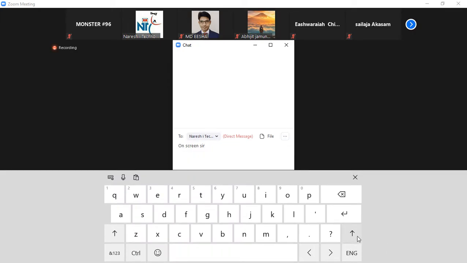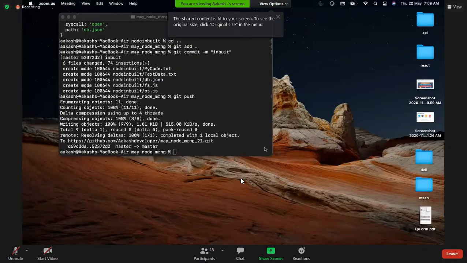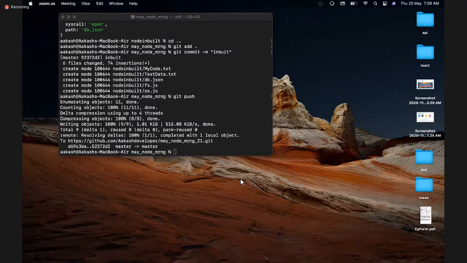So what I was saying is that whatever the size of the application that you have, in every big application of React or a small application of React, you are going to have only and only one HTML file, guys.